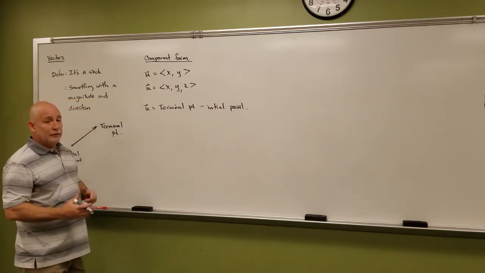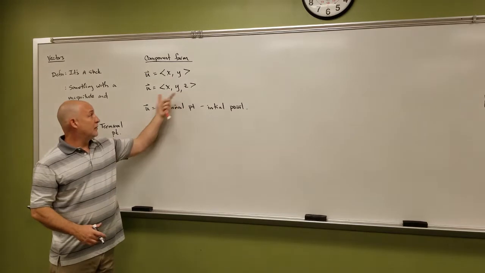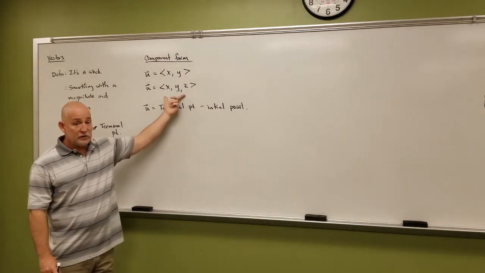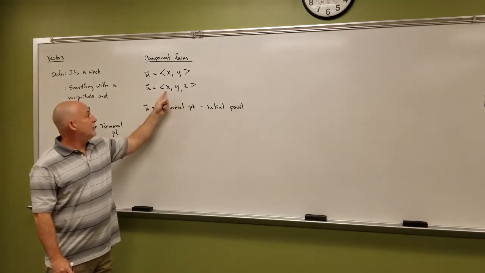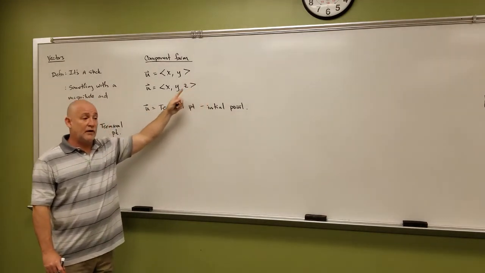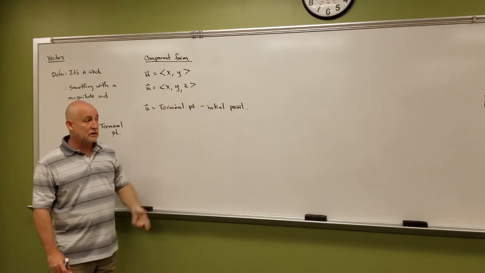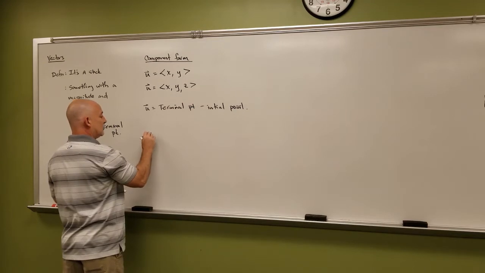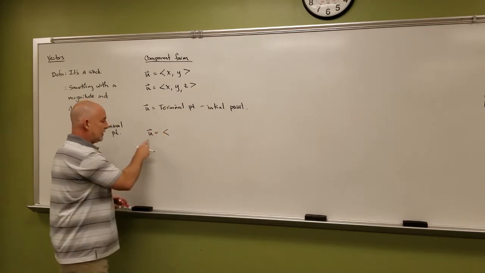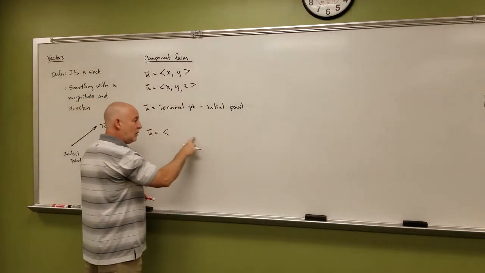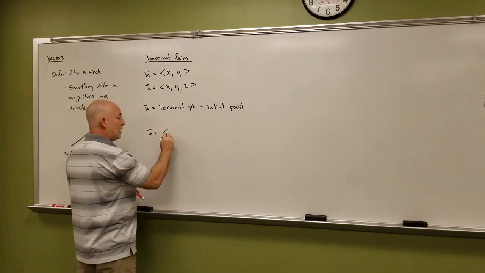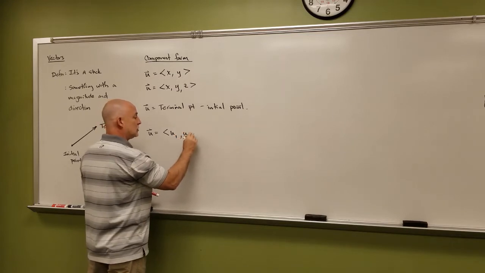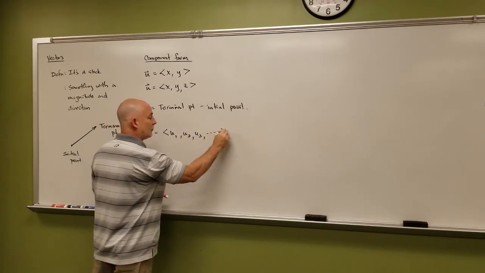Now we do run into a small problem with this type of notation because in a lot of math that we are going to run into, we end up with more than just 3 dimensions. So if we have x, y, and z, what do I use next? And what if I have 10 dimensions or 20 dimensions? So instead of using this as our naming convention, a lot of times we switch to something like this. Since the vector's name is u, I'm going to name all of its components u as well. I'm going to just label them using subscripts, u1, u2, u3, so on and so forth,